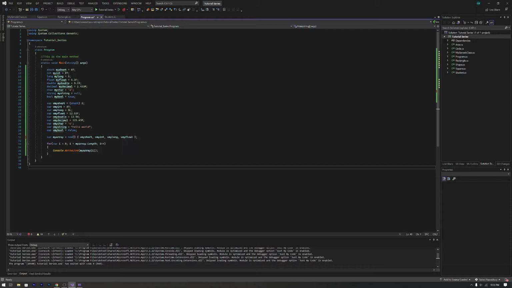Another thing that vars are really good for is making anonymous types. So say I wanted to make an anonymous type with a var. So you could use var. We're going to just put v, or you know what? We'll just go ahead and put myAnonType, right? Set it equal like that. We'll go ahead and put the thing in here, and we'll put like